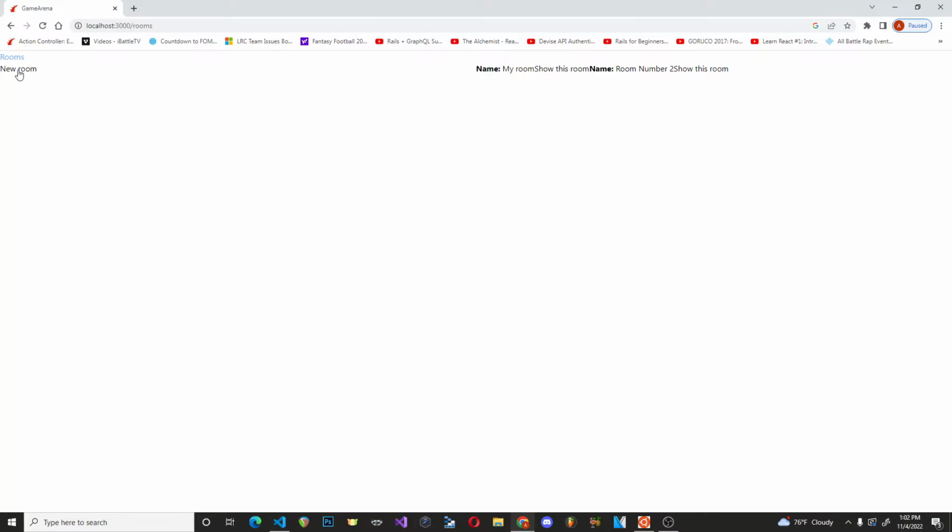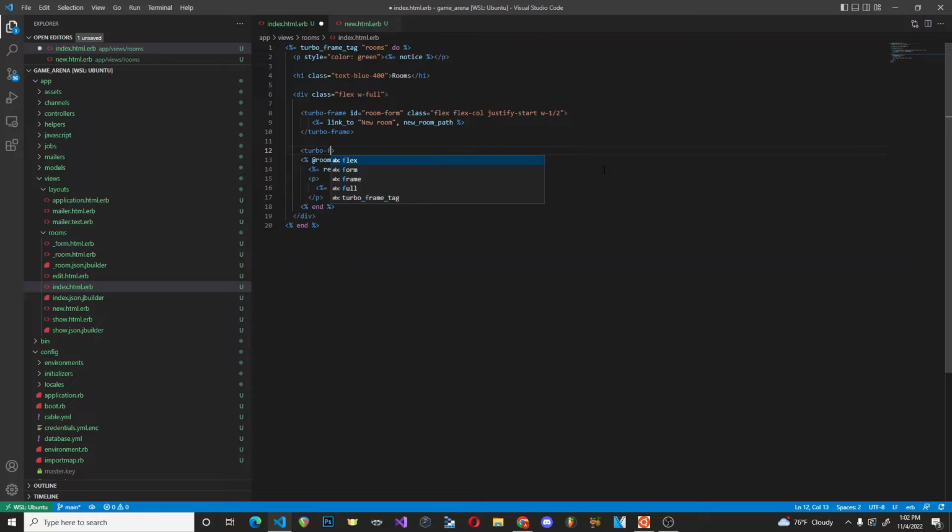And you can basically see now when I click on the new room, we have our form here, but we can still see all of our rooms. Now I'm going to add another turbo frame here, with the ID of room list class. We'll move all of this into that turbo frame and we'll move this link here into the actual render of